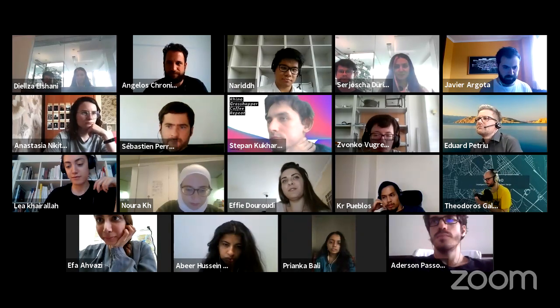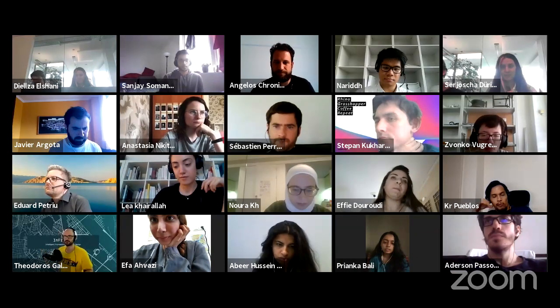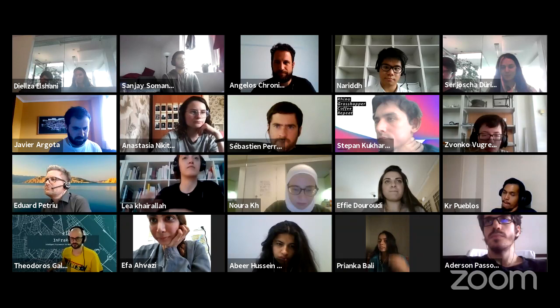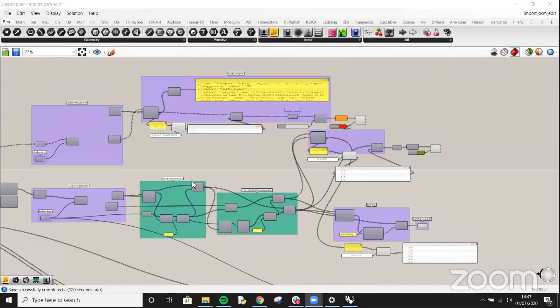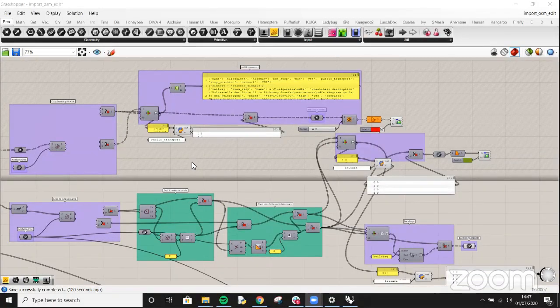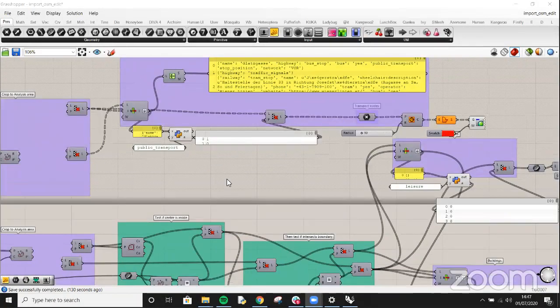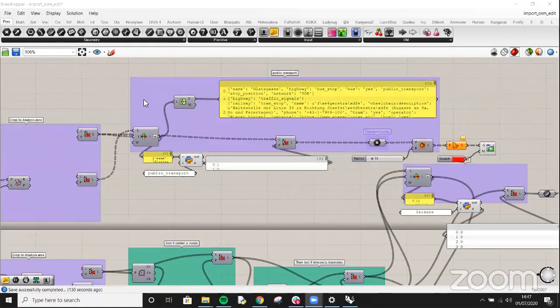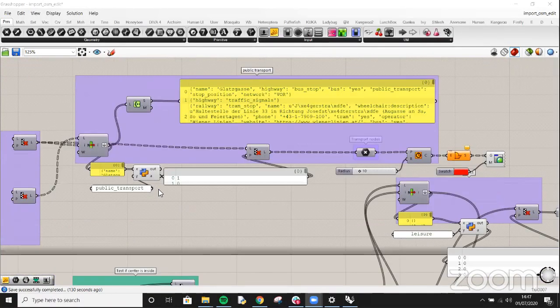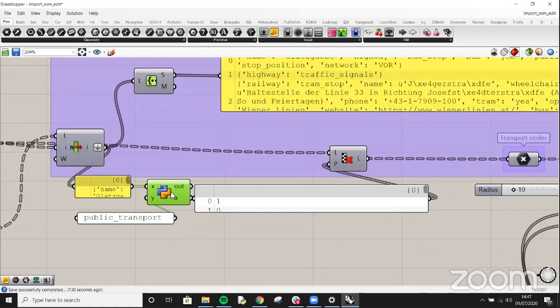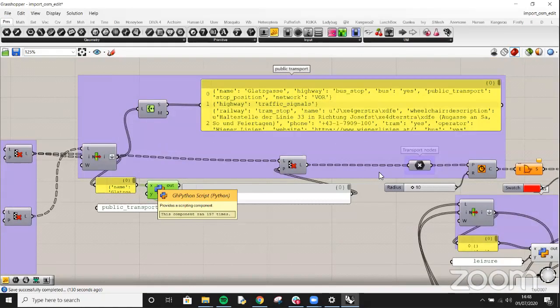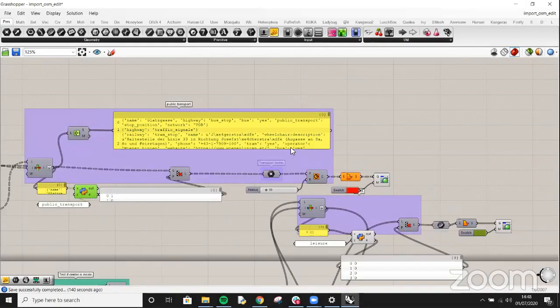screen. Shall I try and share it? Okay. So we've managed to sort out our problem earlier where we couldn't really search for specific parts of the database because it was all split up like this. So we've just included this Python module now provided by Nareed, which now allows us to search for more specific things.